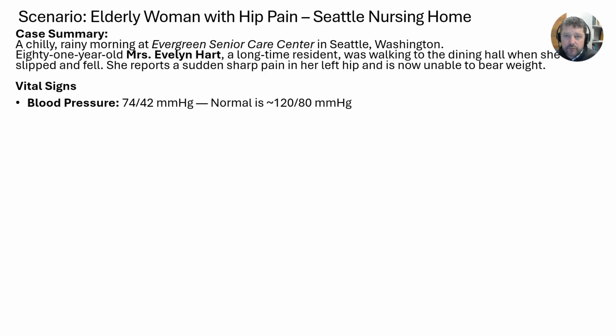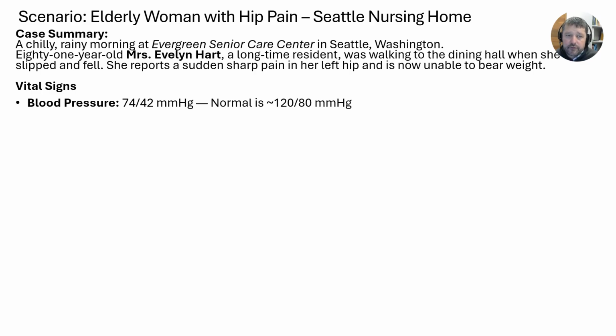So let's say we're dealing with an individual who's at a Seattle nursing home, an elderly woman, Evelyn Hart. She was walking and she slipped, fell, and now she has a very sharp pain in her left hip and is unable to bear weight. So let's start looking at some vital signs and just start getting an idea of what these vital signs might tell us about what's going on, and that can connect us back to the physiology and the anatomy of the